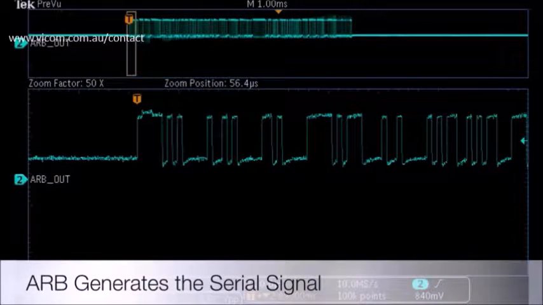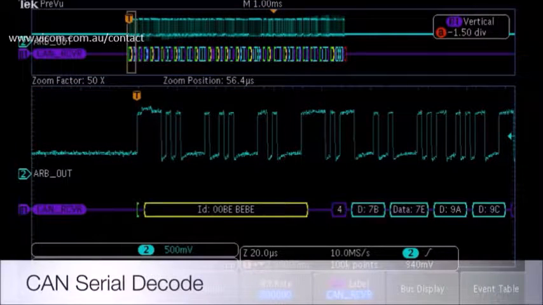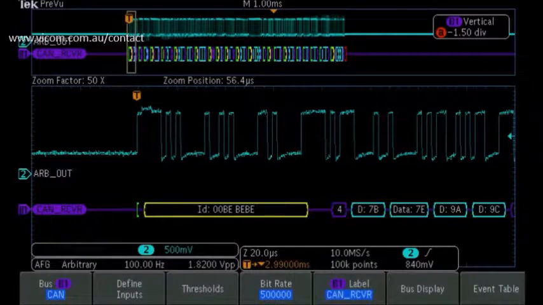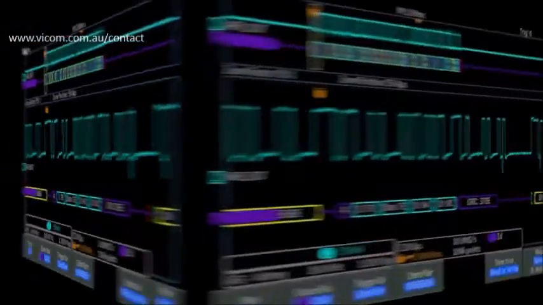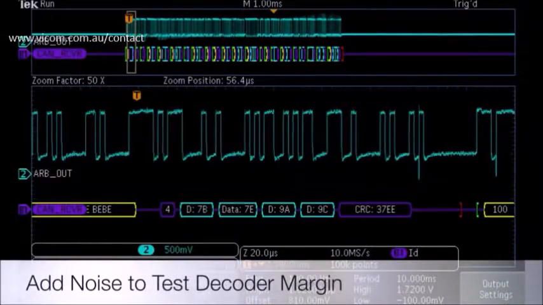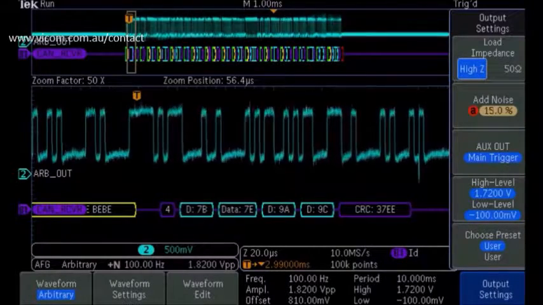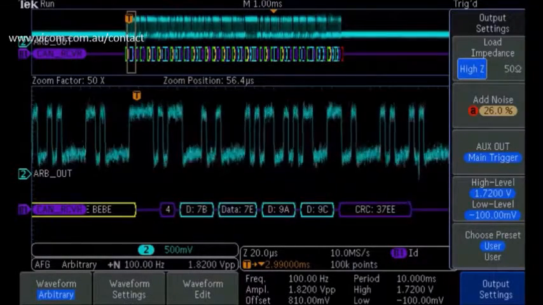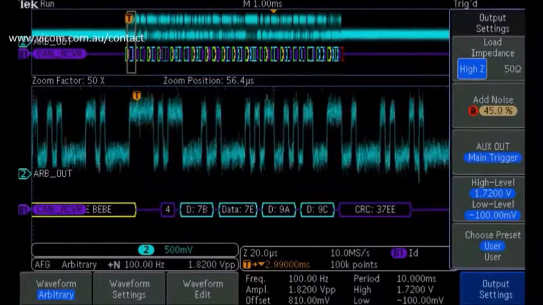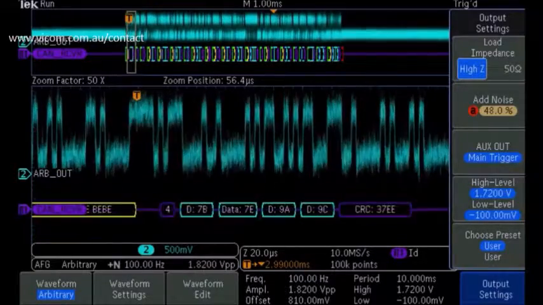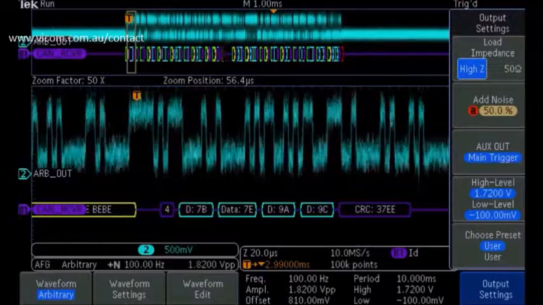Next, we probe the signal at the output of the serial receiver. By decoding the output of the receiver, we can determine when errors begin to occur in the system. As we add noise to the serial signal coming from the MDO3000's AFG, we begin to see data packets disappearing, indicating bit errors. This testing indicates the noise margin in our receiver design. By simply replicating our desired signal and adding noise with our AFG, we were able to quickly check our design's